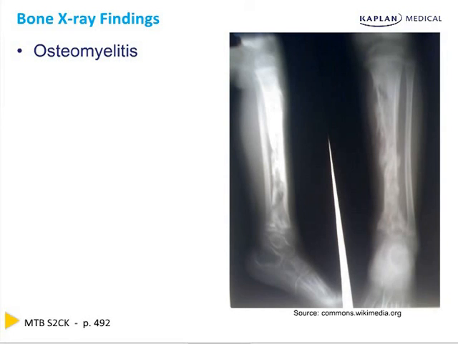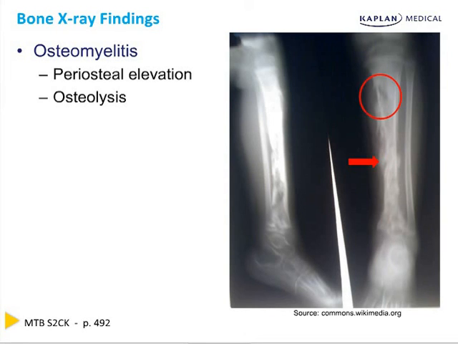There are two classic findings for osteomyelitis on X-ray, and if you see them on the exam, it should confirm your diagnosis. The first is periosteal elevation, which on X-ray appears like a cloudy area adjacent to bone, as depicted by the red arrow on the image to the right. The second sign is osteolysis, which is an area of increased lucency within the bone. A classic example is circled in red. If the bone infection is chronic, the darker area of lytic bone will be surrounded by a bright white rim,